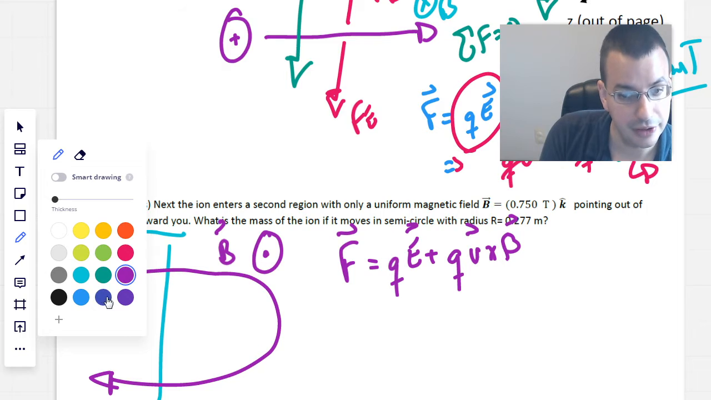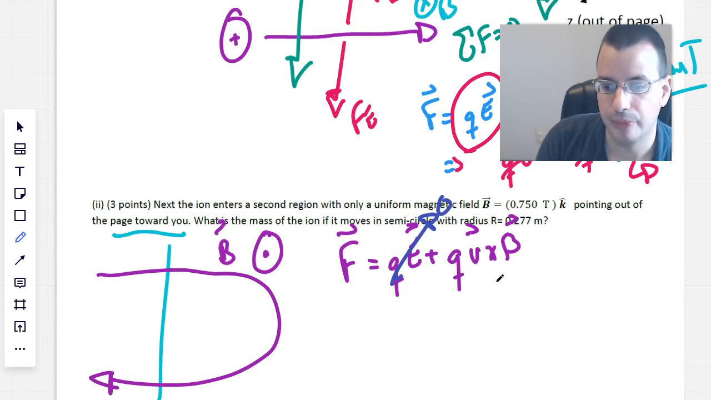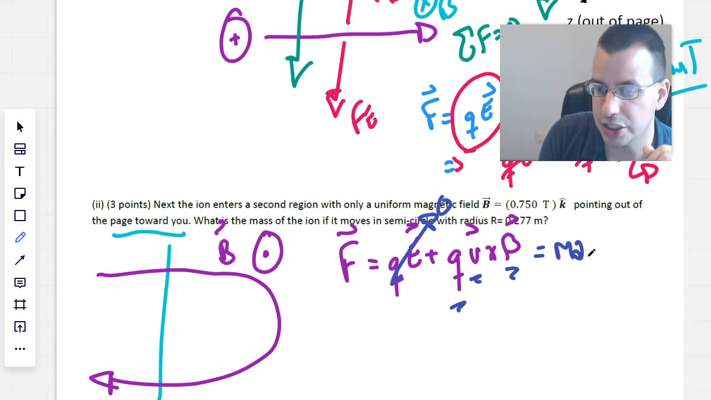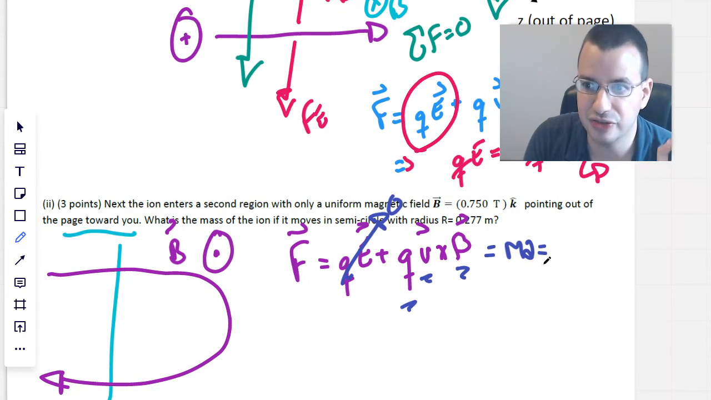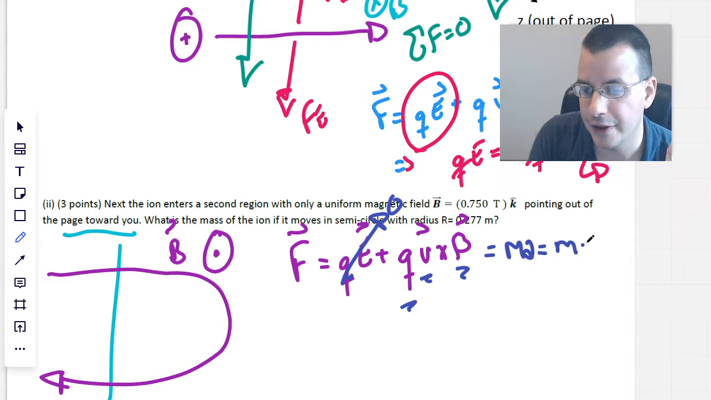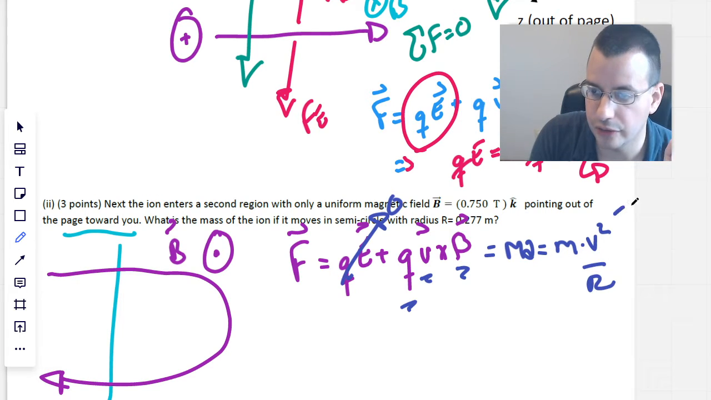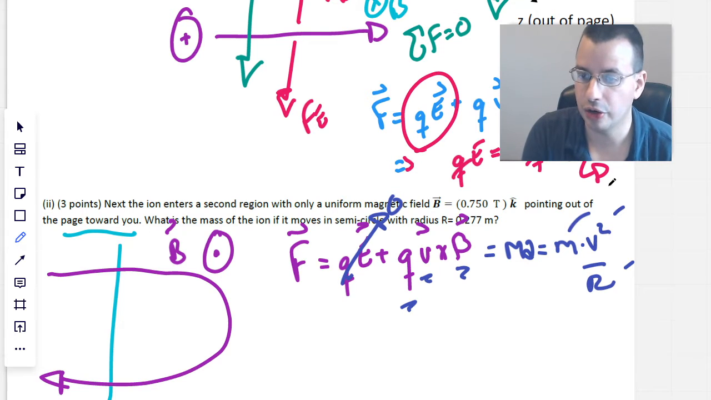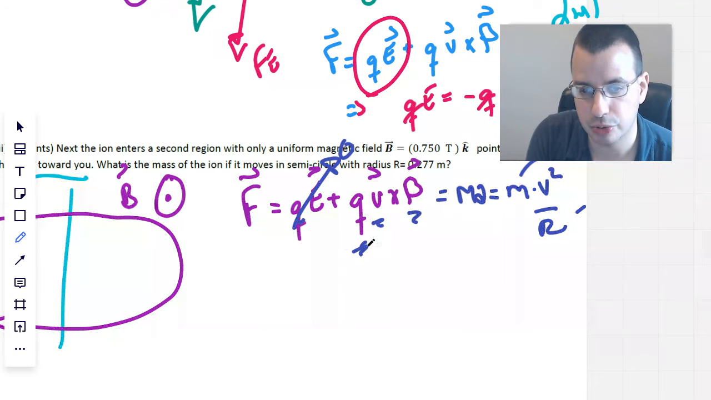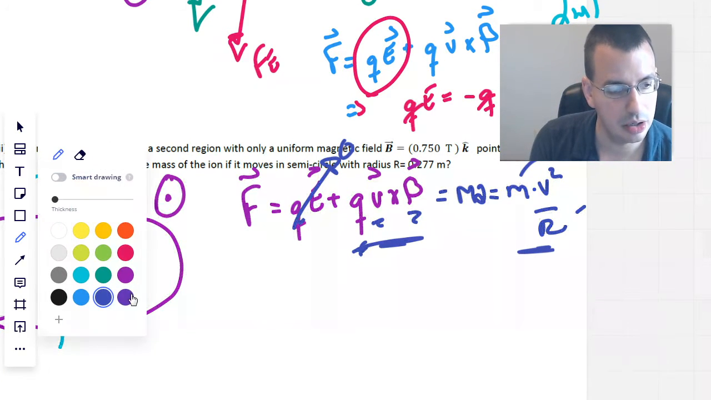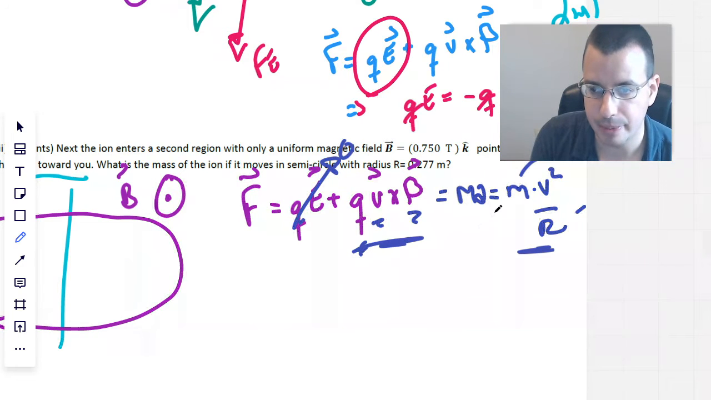We have no electric field, so this part will be 0. We know what this is. We know what velocity is. And we know what the magnetic field is. And this is going to result in moving in a circle. So it's going to be mass times acceleration. But this acceleration is going to be centripetal acceleration. And the formula for centripetal acceleration is v squared over r. So this will be mv squared over r. We know what v is and we know what r is. And our only mystery variable is mass. So we can take this, rearrange it, use this portion right here, use that portion right there, do some algebra,